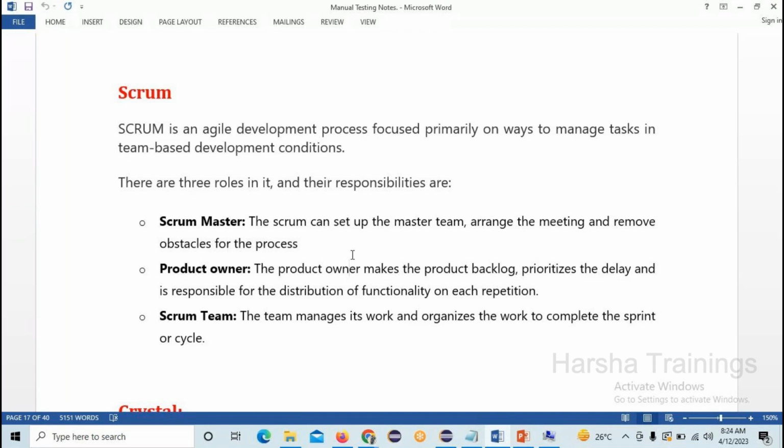He is a mediator between all the roles of people. There will be a PO and a Scrum Master, and all those people help to create tickets in the Jira tool. Okay, so here the major use of the Scrum is to remove the obstacles for the process. Very important. PO is nothing but makes a product backlog, prioritizes the delay, and is responsible for distribution of functionality